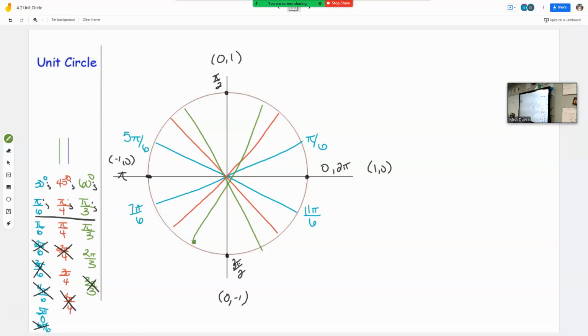Not with the ordered pairs, just with the angles themselves. If you're thinking about fourths, if you're thinking about thirds,